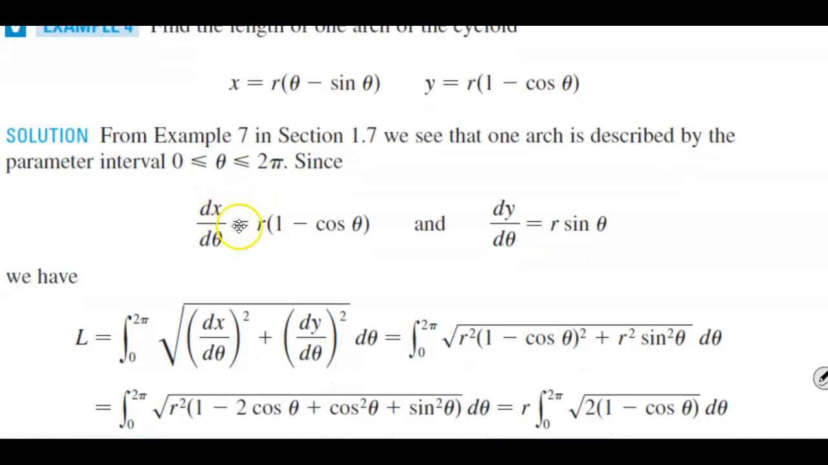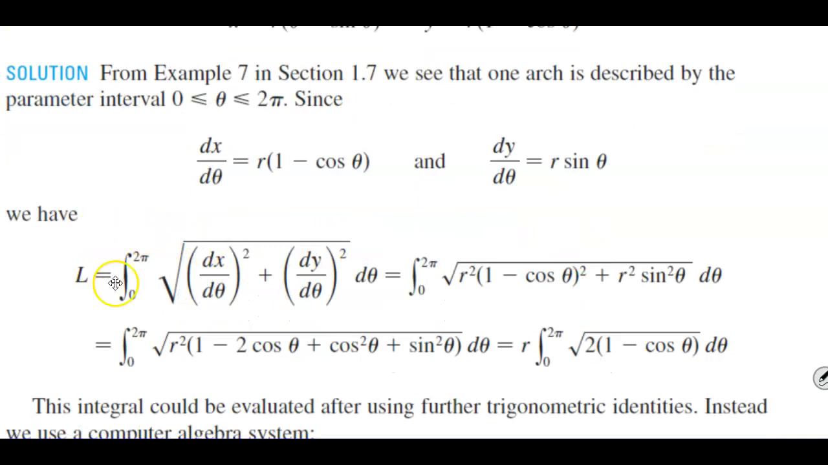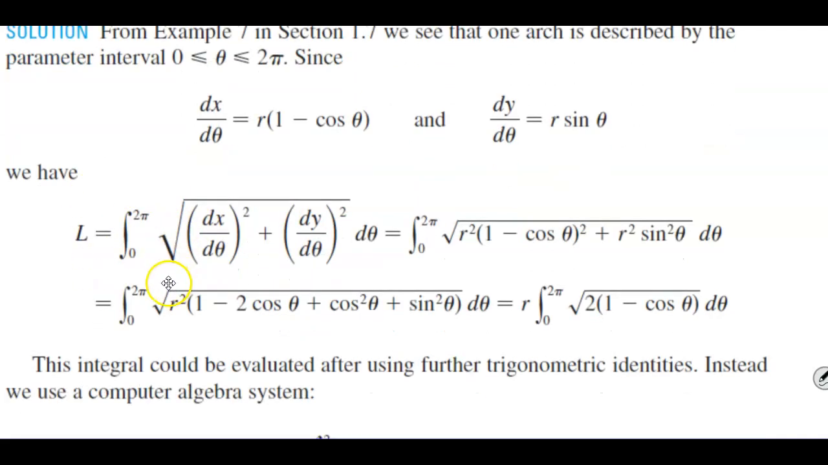Since dx over d theta is equal to r times (1 minus the cosine theta), and dy over d theta is equal to r times the sine of theta. Now using our formula number 1, going from 0 to 2 pi, the square root of (dx with respect to d theta) squared plus (dy with respect to d theta) squared, d theta. So going from the lower limit of 0 to 2 pi, we would